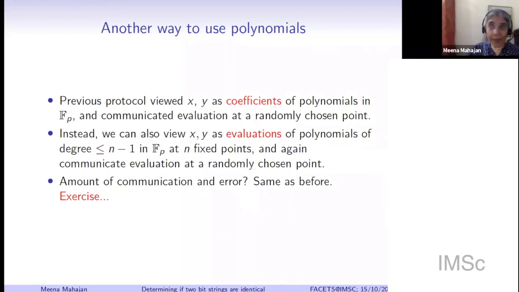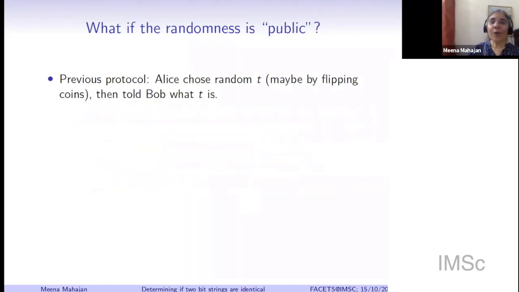Okay, good. So we started out with n bits necessary. We have come down to log n, 4 log n, 5 log n bits may be sufficient if you have a small probability of error. Now we should have reached the limit. So let's see what more can we do.